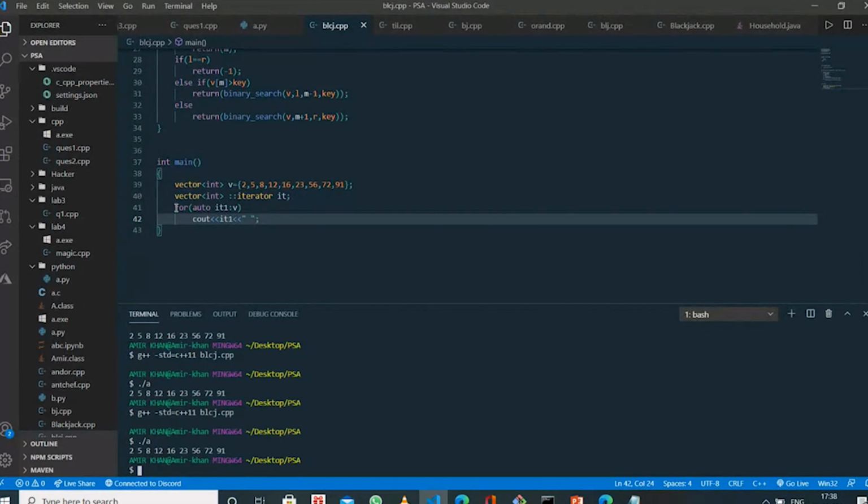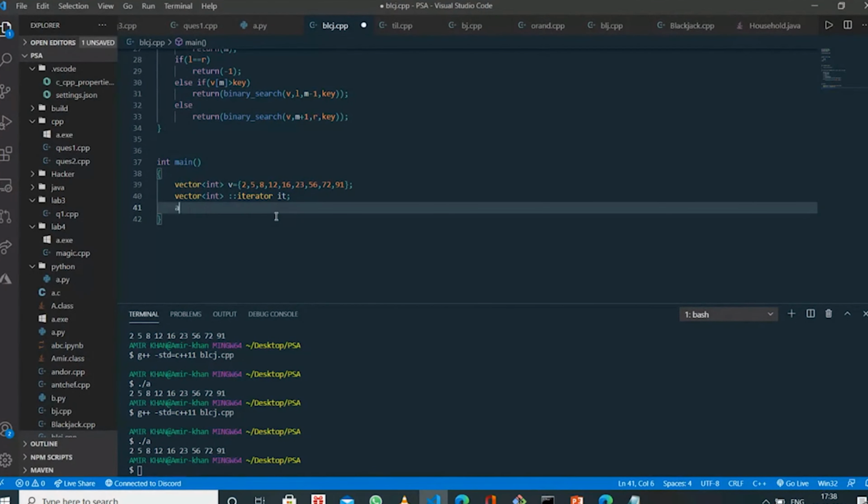And what is the auto keyword? The auto keyword in C++: if you write auto i, this i has no data type initially.